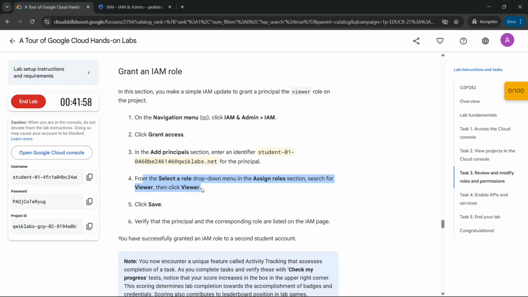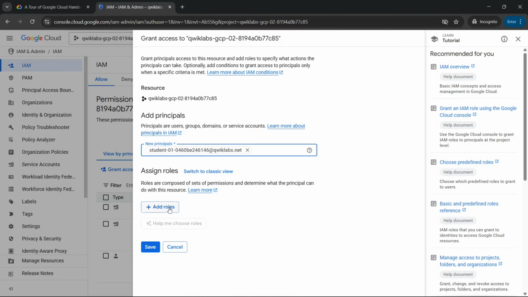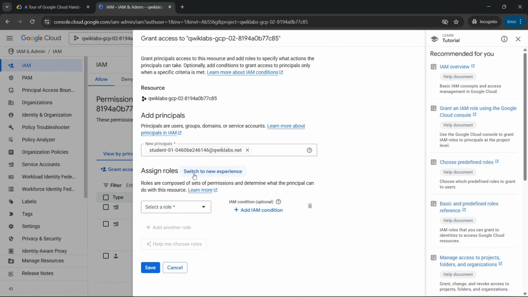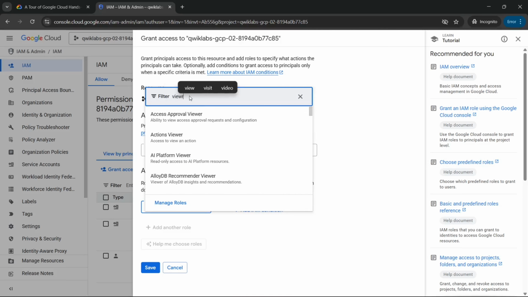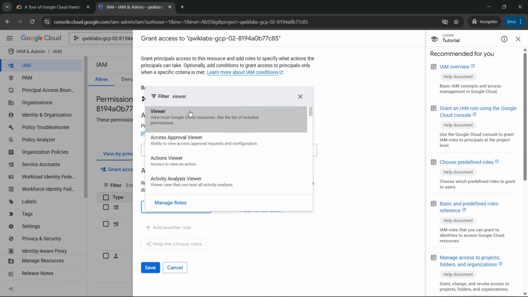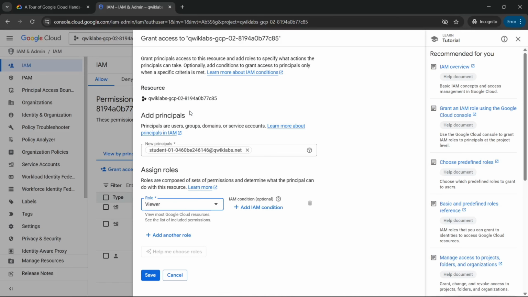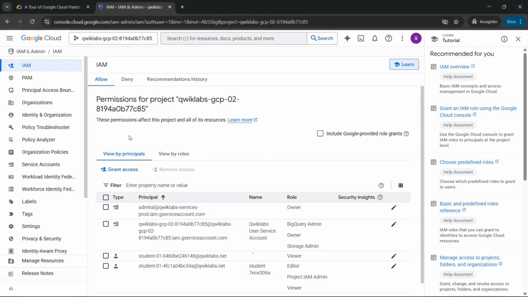Now from the Select a Role drop-down menu in the Assign Role section, search for Viewer, then click Viewer. Then click Save. Now you can check your progress by clicking on Check My Progress.